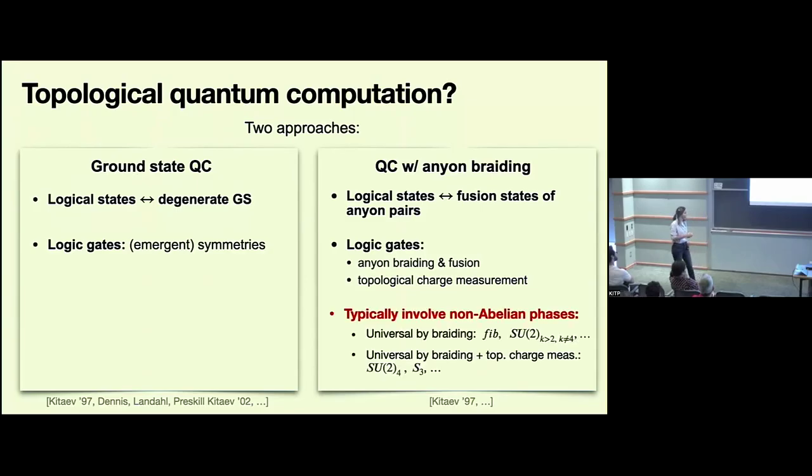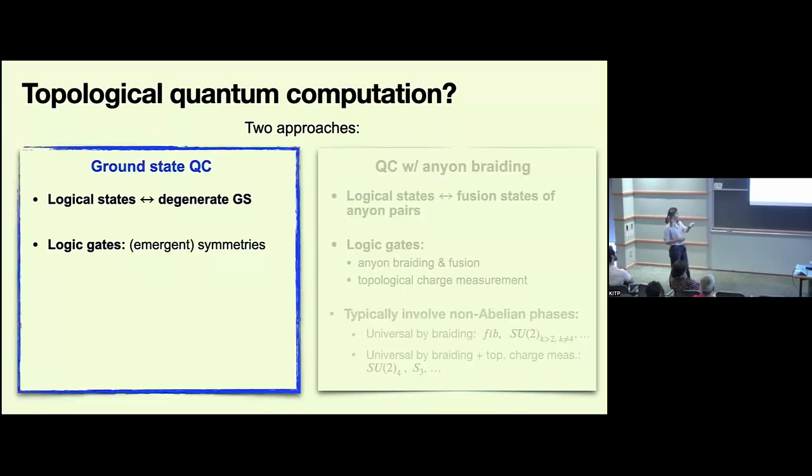And in addition, in that approach on the right-hand side, people usually use more sophisticated non-abelian phases because they want those anyons to have this more involved algebra. And in my talk, I'm going to actually focus on this left-hand side computation, but some of our findings have implications for the right-hand side, which I'm going to talk about if time permits.